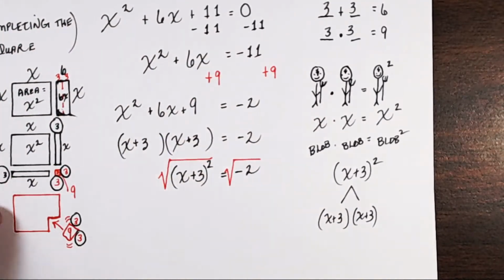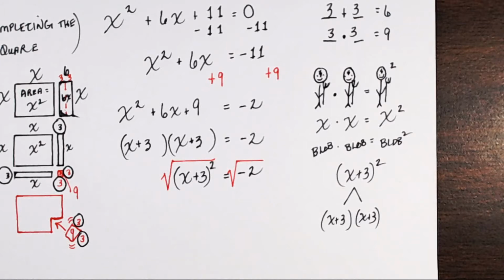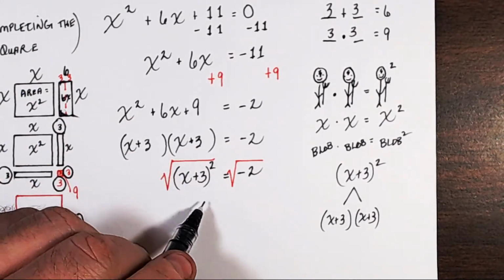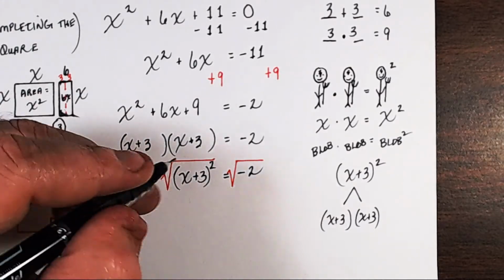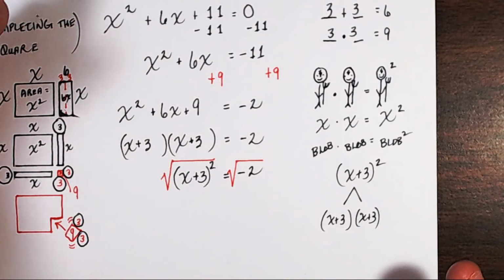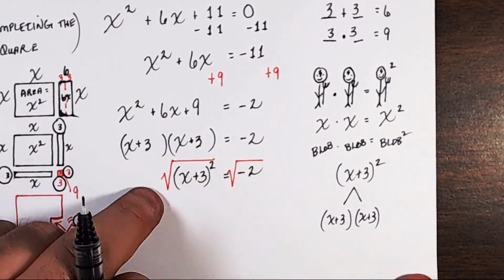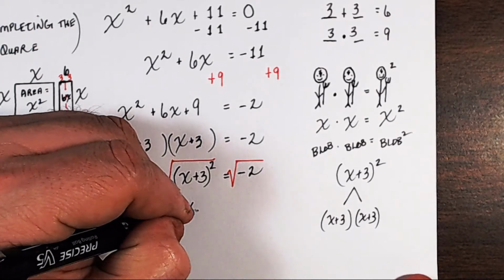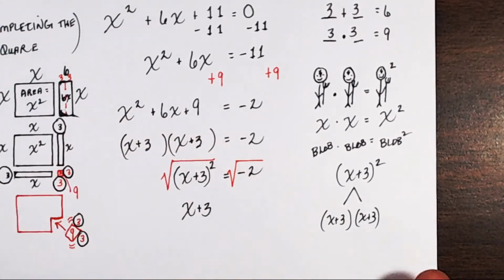Okay, we're going to take the square root of both sides. On the left side, when I take the square root of something that is already squared, what it has the effect of doing is just getting rid of the squared term and the radical sign. So all you're left with on the left side is x plus 3. On the right side,